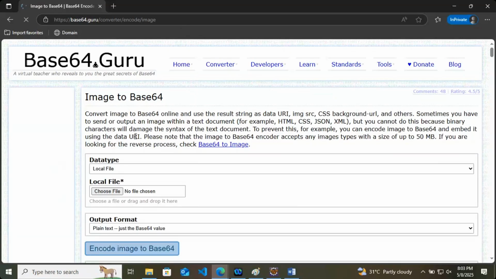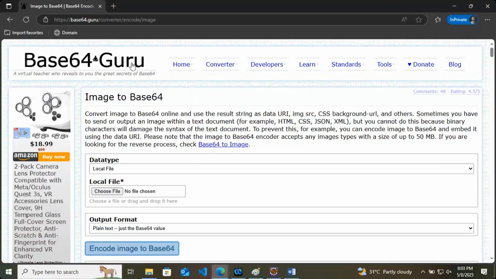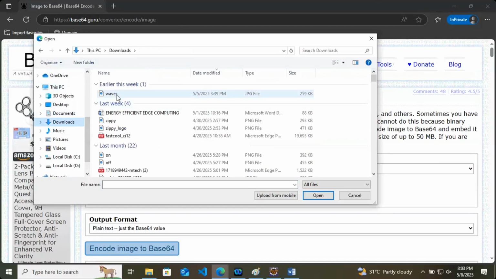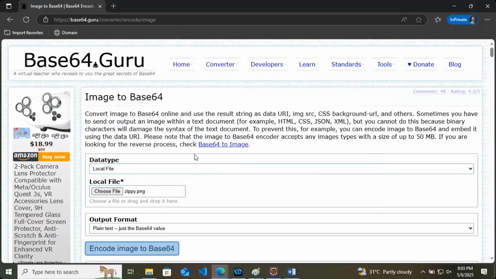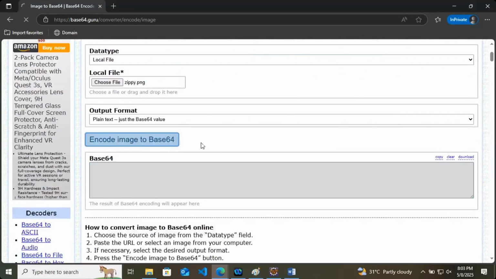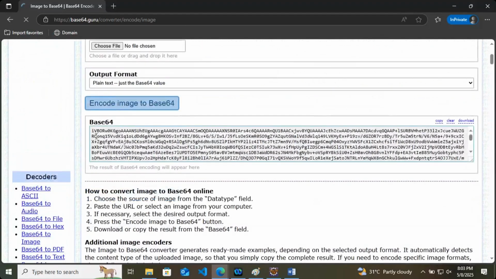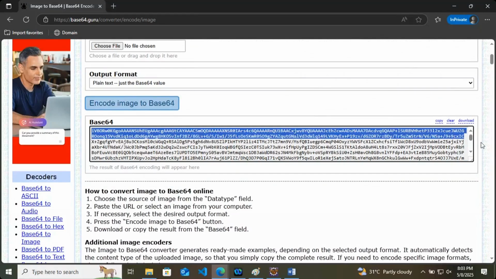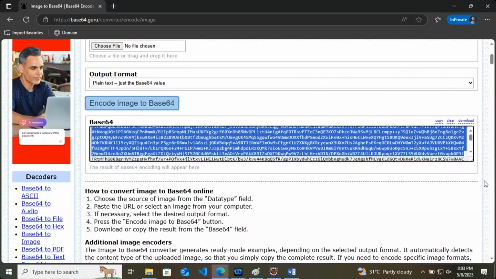Go to this particular website, select your image, whatever image you want to select. So let's say this one, and encode to base 64.